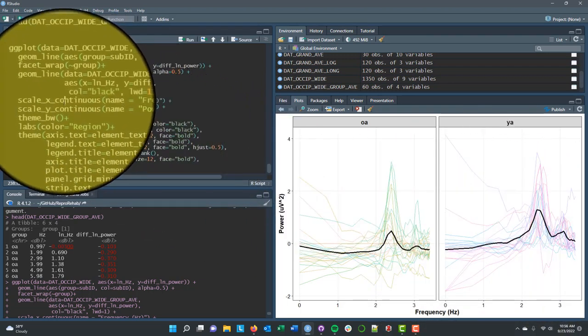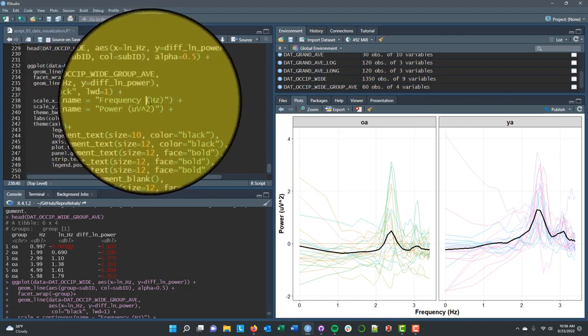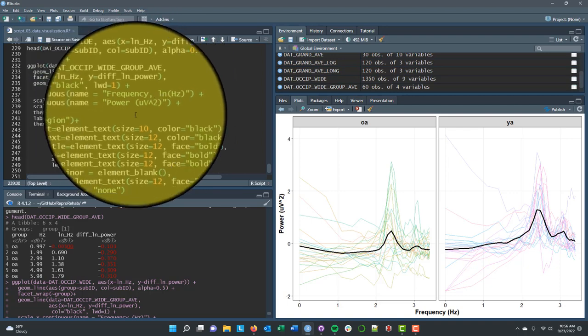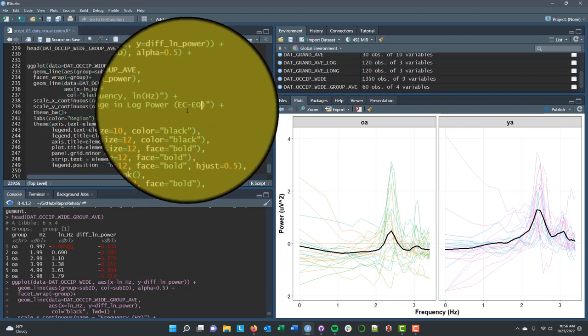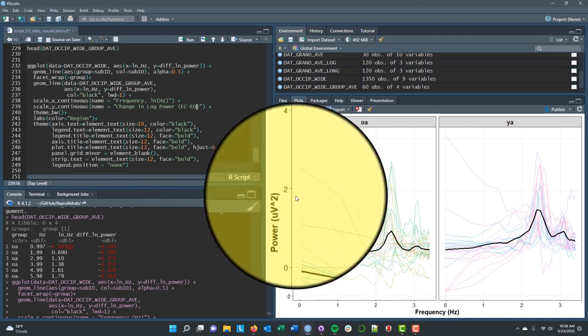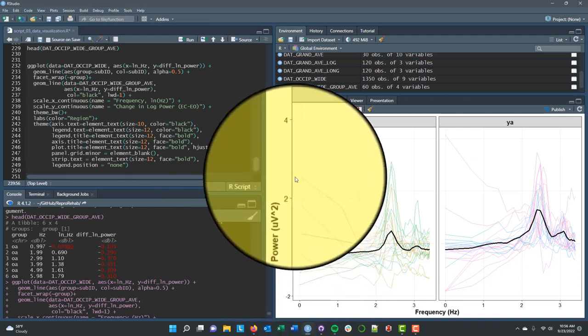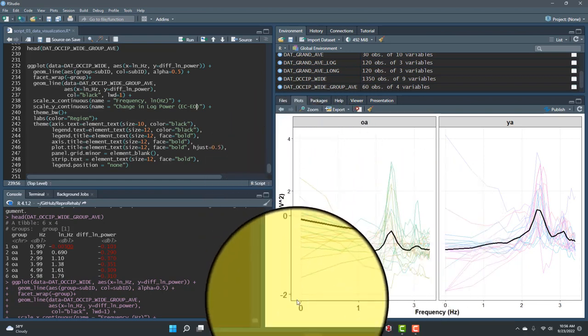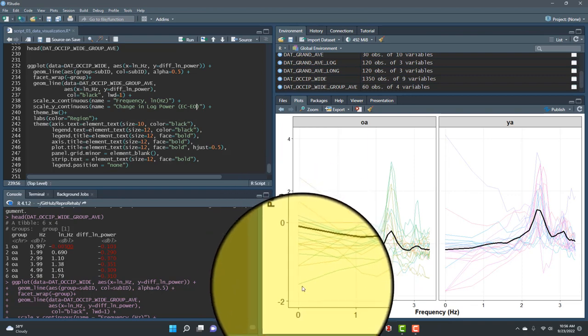group. Now, I do want to update these labels a little bit because, first of all, rather than frequency, this is actually in log hertz. And then I should say this is maybe something like the change in log power. And I'll actually delete the units to maybe just say which direction this subtraction is going. And it was eyes closed minus eyes open, right? To make it clear then that if we have a positive value here, that means the power was higher in the eyes closed condition to the eyes open condition. If we have 0, that means the power was equal. And if it's negative, then that means the power was actually greater in the eyes open condition compared to the